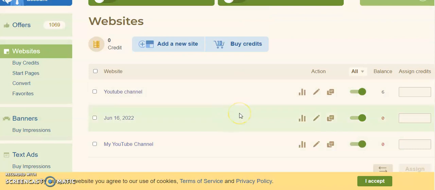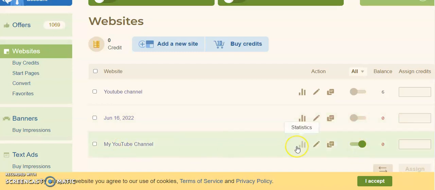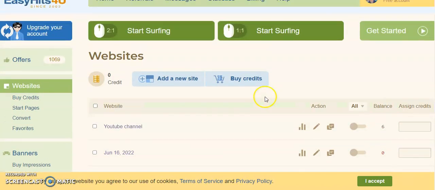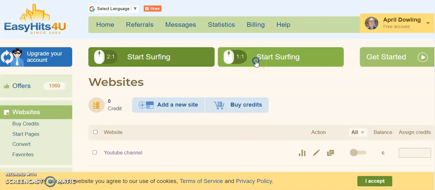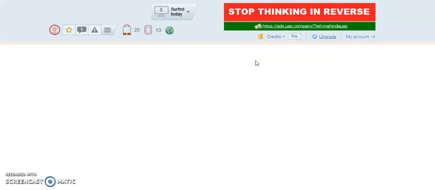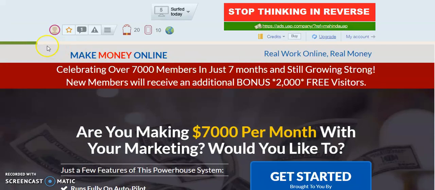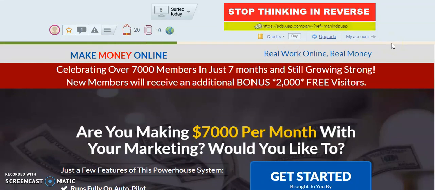Now what you're going to do is you're going to start surfing. I'm going to turn these off because those are not the one I just made. This is the right one. So you're going to go to start surfing. And there's going to be like a timer, and then I'll show you guys what to do. Like I say, this can be pretty boring, so